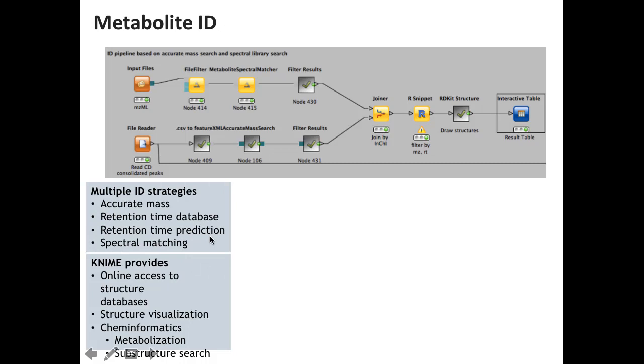You can also do spectral matching. If you have tandem spectra that are associated to a particular feature, you go into a database with that, or you have your local database. Many of our collaborators also have spectra that they have measured, that they have manually identified. They usually have a couple hundred or 1,000 spectra, and they're sitting there, and we just match them and say, yeah, this looks like glucose.